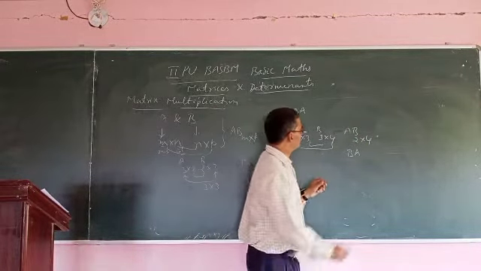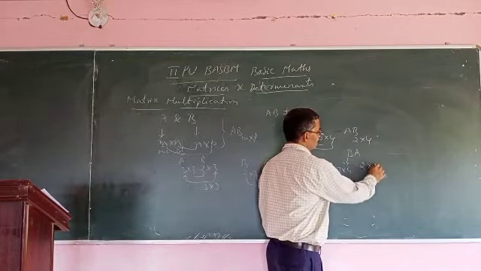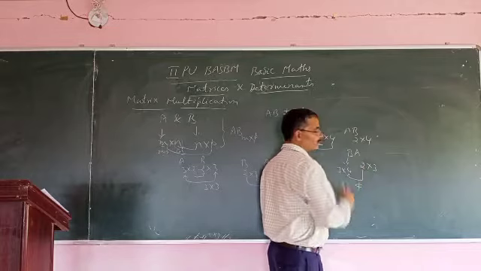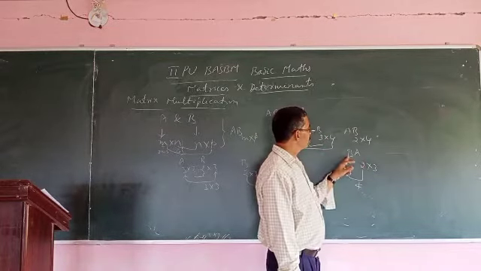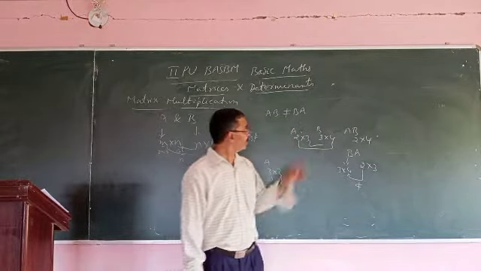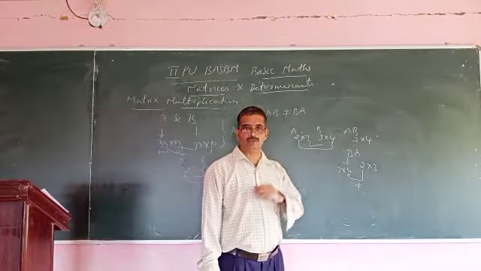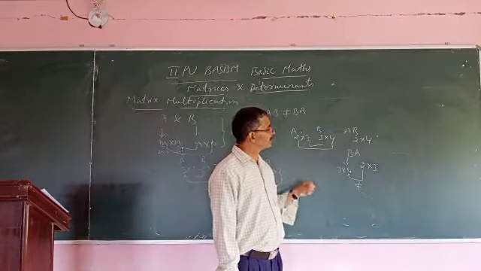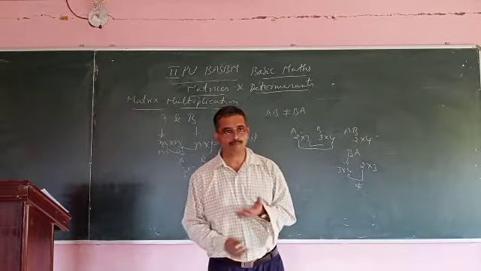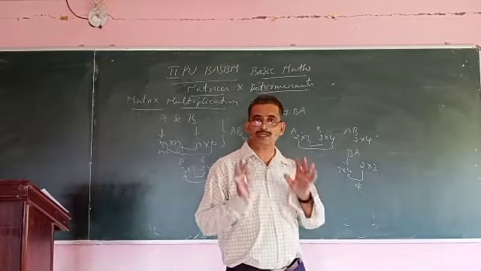What is the order of B? B is 3 cross 4. What is the order of A? A is 2 cross 3. Now observe, these two are not equal. One is 4, one is 2. So this is not possible. Multiplication is not allowed. That's what I am telling: if AB is defined, AB need not be equal to BA. I will give some examples later; we will work out some problems. But the important part is that BA may not be defined itself. If it is defined, then only you can multiply. Otherwise, don't go for multiplication.